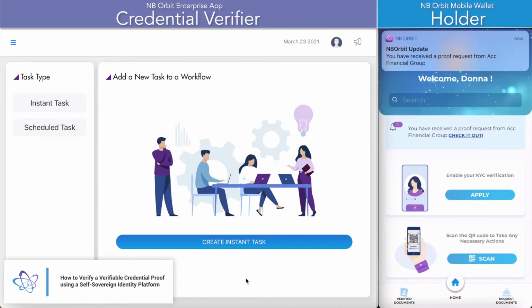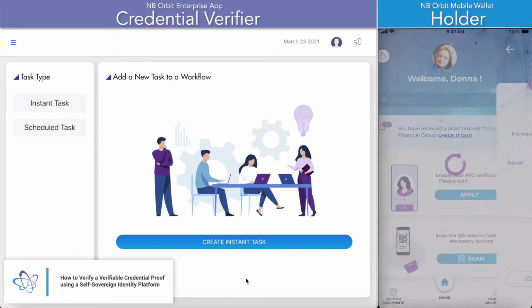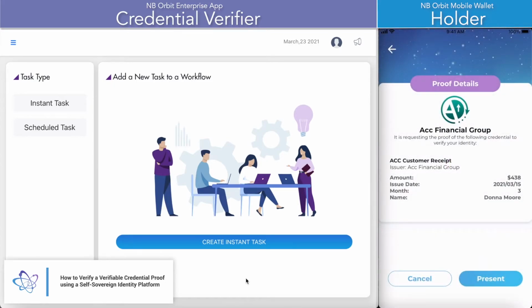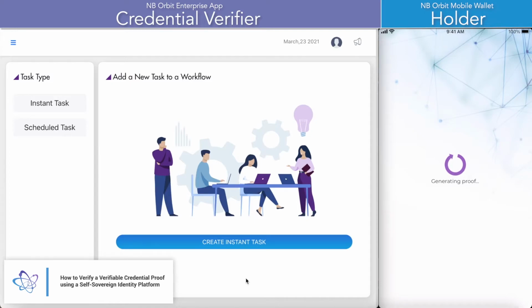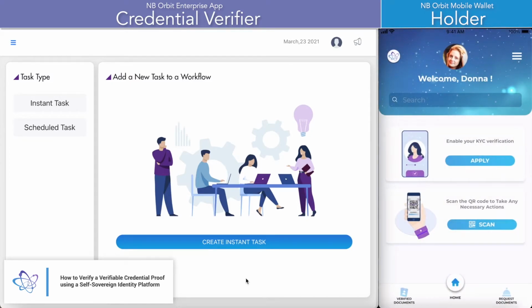And now that the notification has been received by the holder on the right-hand side here, the holder could check out the request and choose to accept or decline. So in this case, the holder is going to present the proof to the verifier,